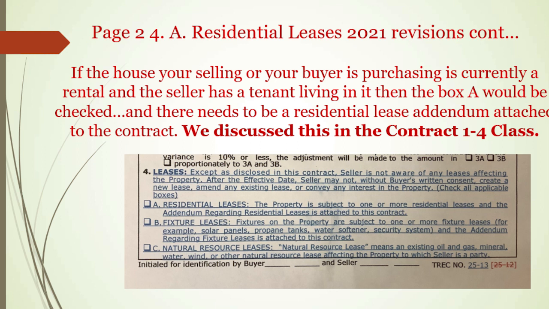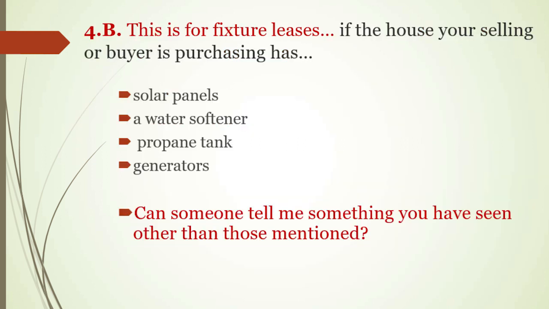Natural resource leases means existing oil and gas, mineral, water, wind, or other natural lease affecting the property to which the seller is a party. This is a fixture lease. If the house you're selling or your buyer's purchasing has solar panels, propane tanks, generators, now they're renting generators,